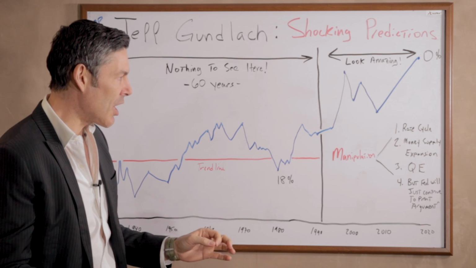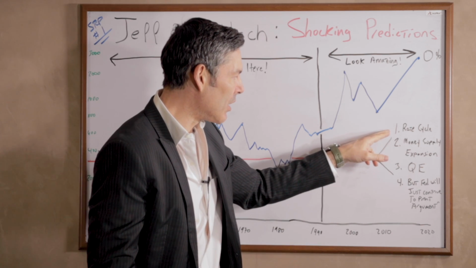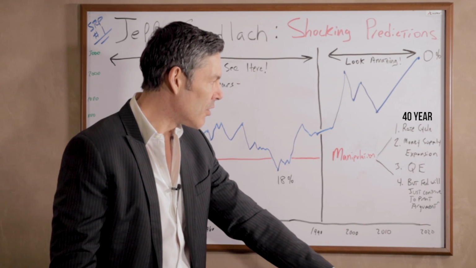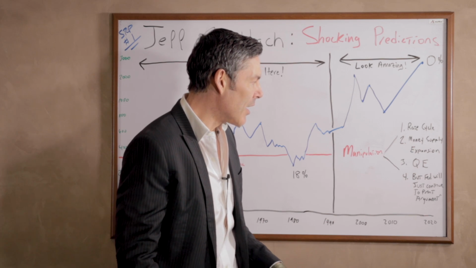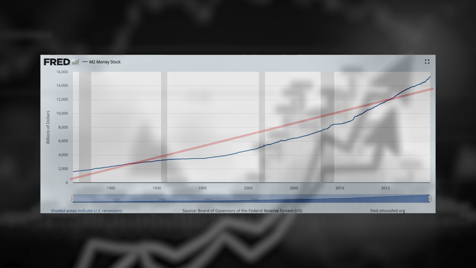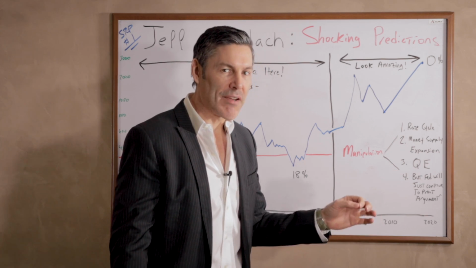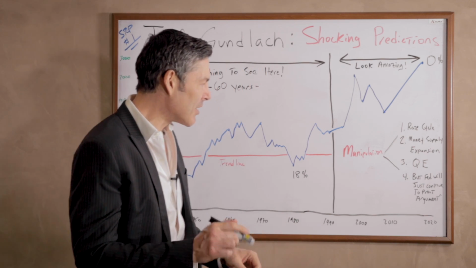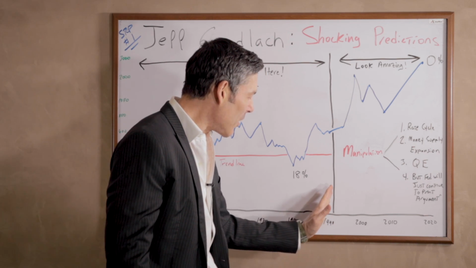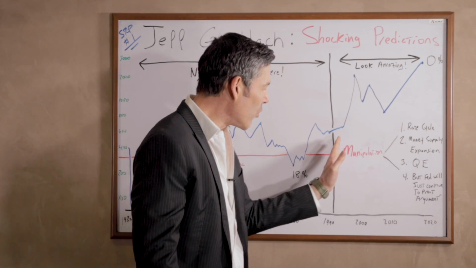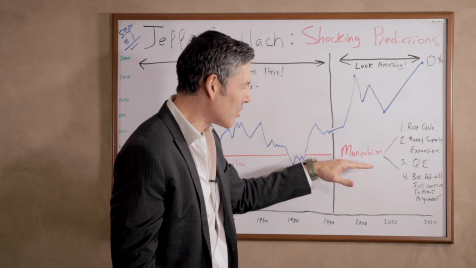So what actually changed? Well, first and foremost, we went into a 40-year rate cycle where interest rates continued to go down. Number 2, the money supply has expanded exponentially. Editor, throw up a chart of the money supply, and it's really shocking when you look at it. Number 3 is we've had quantitative easing on top of these artificially low interest rates that have expanded the money supply. The bottom line is from about 1990 to today, this entire market move was complete manipulation on the part